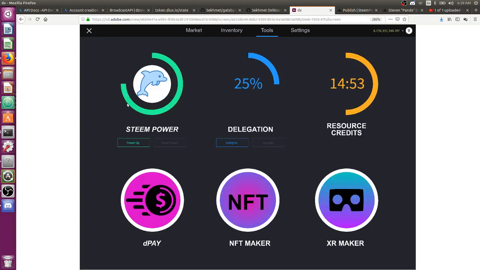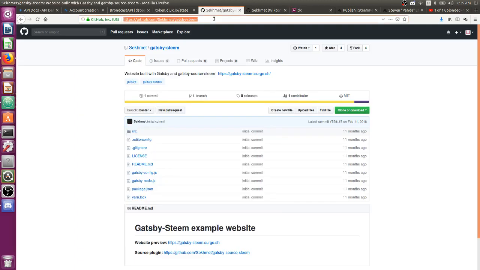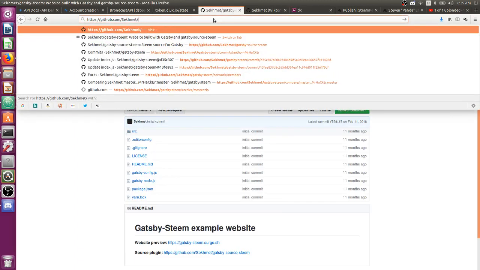Tools that you may have are like steam power, delegation, resource credits. Make some XR like we have, pay NFT maker or wiki. So we actually have a wiki that explains how to make XR. Very cool stuff there. So you can just go to GitHub and